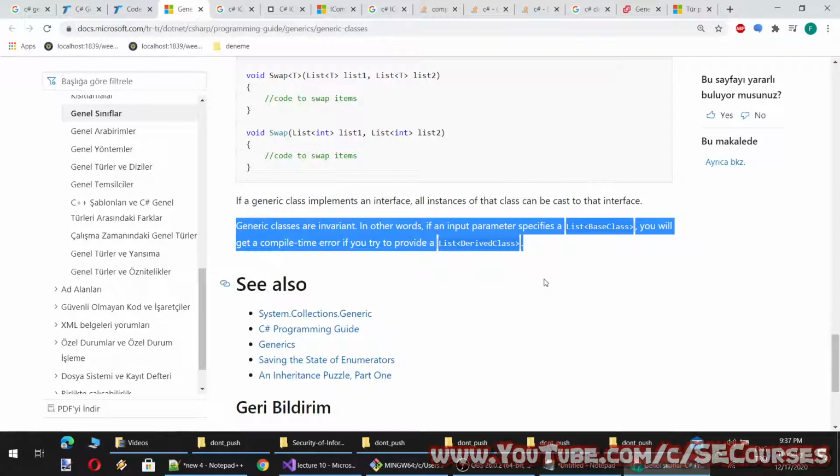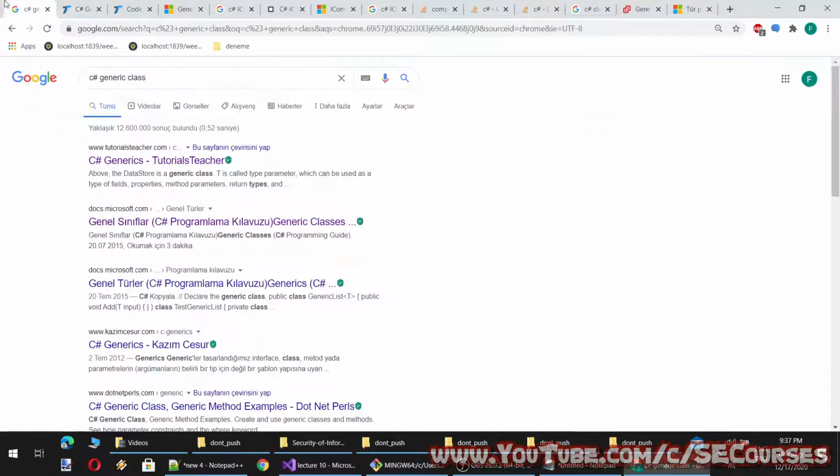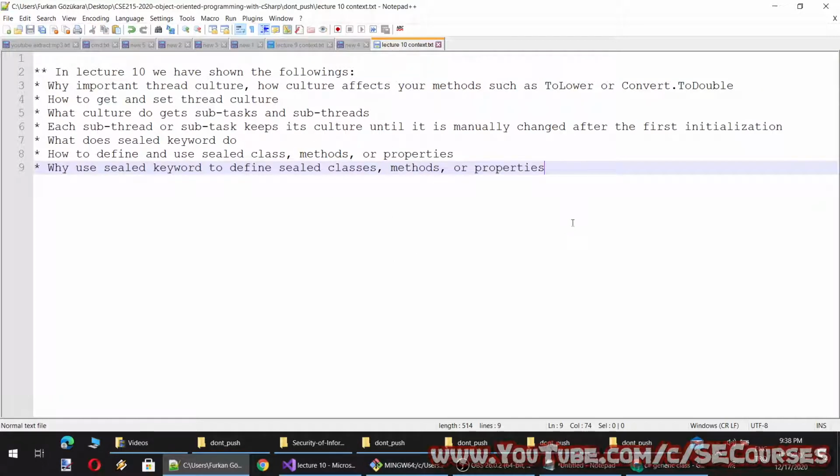In other words, if an input parameter specifies a List of base class, you will get a compile-time error if you try to provide a List of derived class. Okay, and I think for this week these are enough. I will show this at the next lesson.